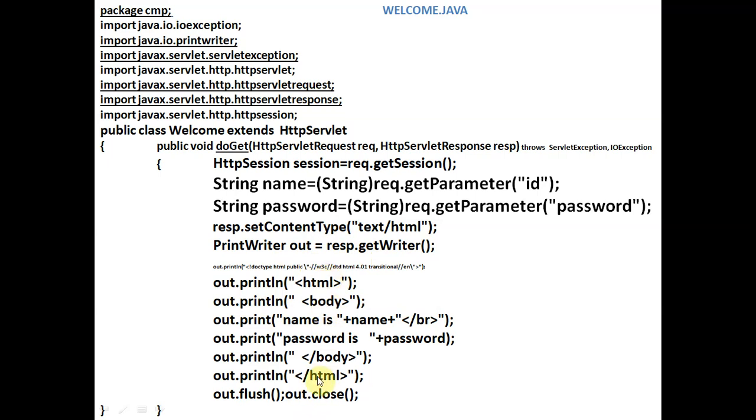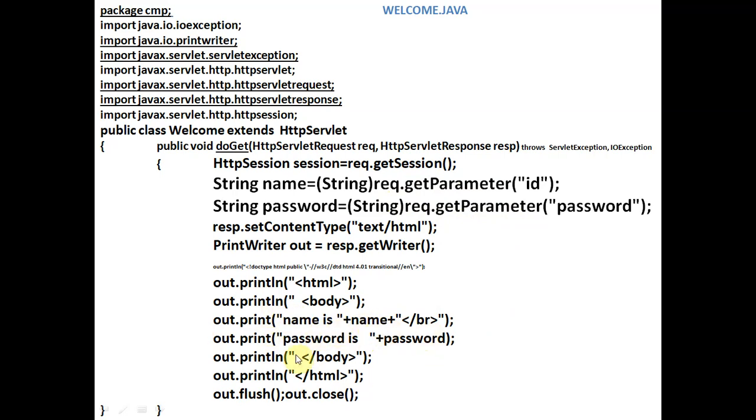This is a small HTML statement which we have started by HTML and closed by HTML, and it will be inside out.println. Inside this we will write the HTML code. HTML is started here, HTML will be closed here, body, then body is closing here, and inside this we are writing name and password, and the values which we have accessed through getParameter. Through getParameter we will print these values by these two statements.